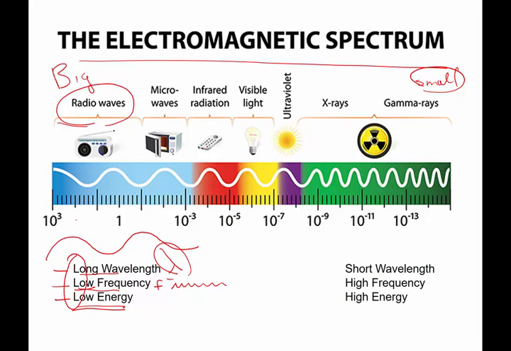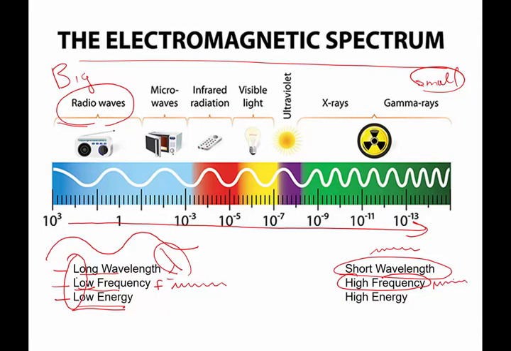As you go from one end of the electromagnetic spectrum to the other, there is a transition from long wavelength to short wavelength. So if you go on the far right-hand side, very, very short wavelength waves, they have a high frequency of vibration. They go up and down very, very quickly, and they also have high energy. And this is why things like X-rays and gamma rays, if they are handled incorrectly, can actually do damage to human beings and can hurt people. That's because they are very high energy electromagnetic waves.